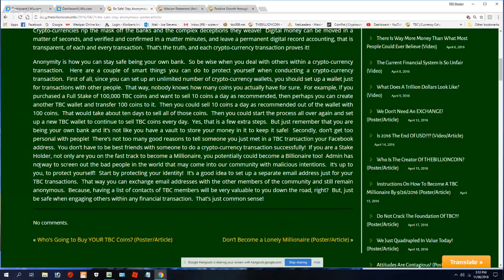Admin has no way to screen out the bad people of the world that come into our community with malicious intention. It's up to you to protect yourself. Start by protecting your identity. It's a good idea to set up a separate email just for your TBC transactions. That way you can exchange email addresses with other members of the community and still remain anonymous.